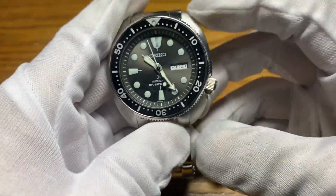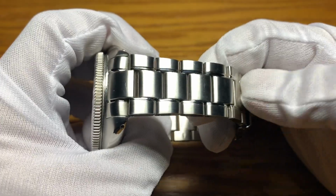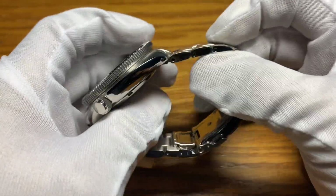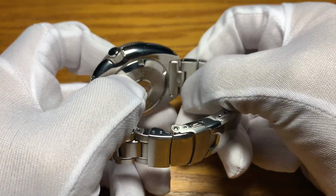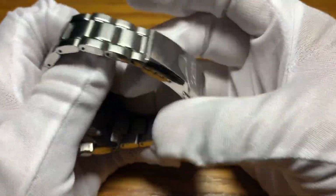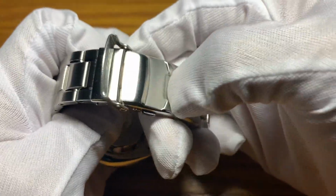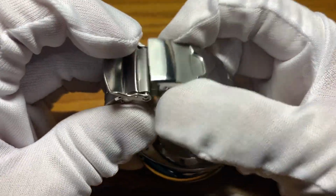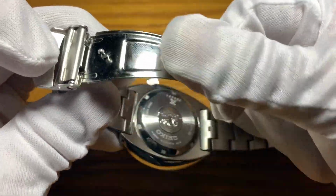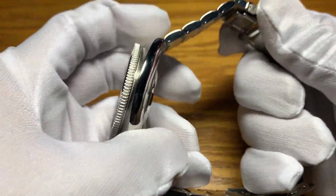Okay, so it has a 316 stainless steel case. Also, the bracelet is a solid links stainless steel with solid end links. Also, you have the standard Seiko stamped clasp. Okay, this is a double deploying clasp, push release. Okay, and since this is a true diver watch, you also get